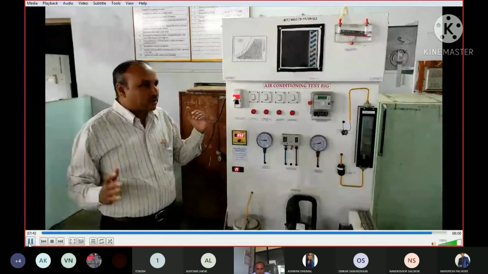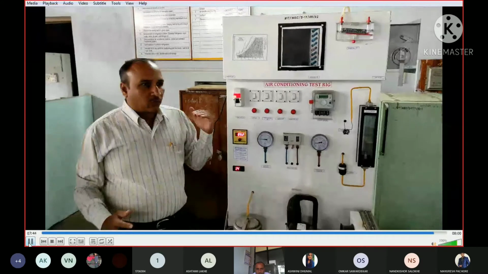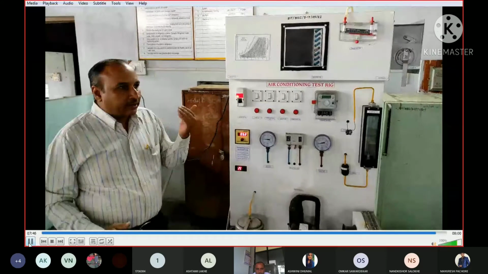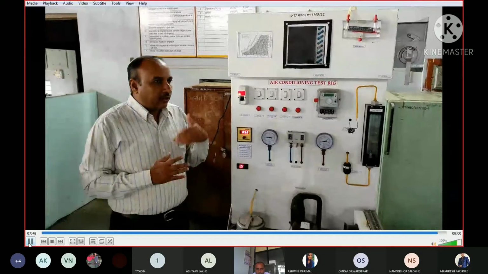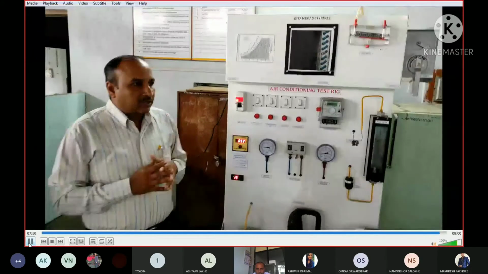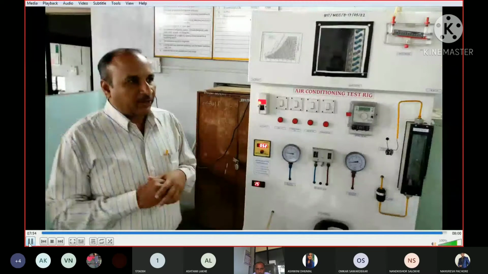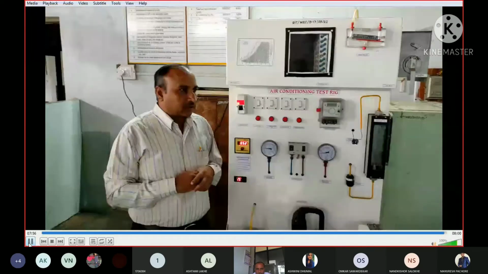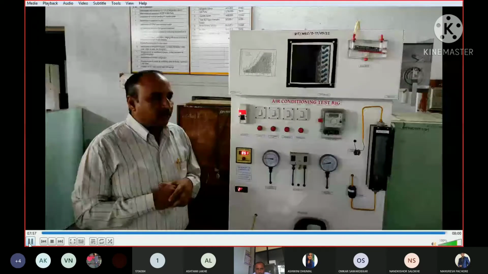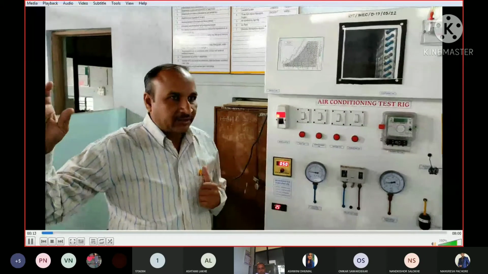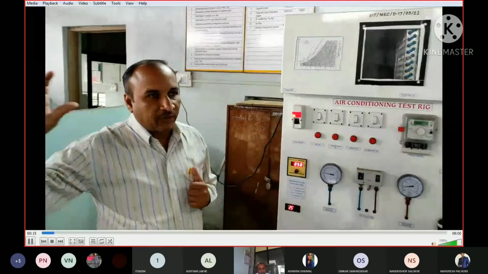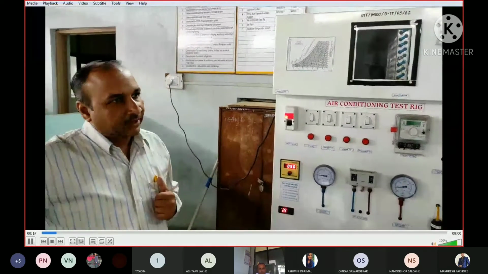Why? Because as the air passes over the water, water gets evaporated. So part of the heat is rejected into the air, and because of which there is a drop in temperature of air, as well as a drop in temperature of water. So the temperature at the end of this process is called the adiabatic saturation temperature. It means that whatever air we have at the end, the air is saturated.